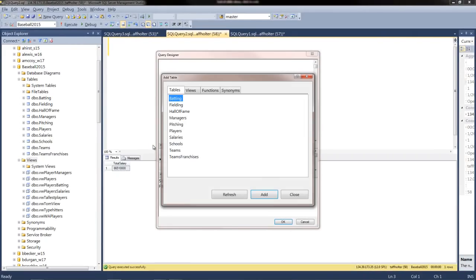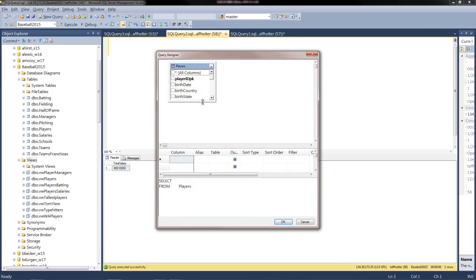Check this out. The select statements that you've been generating so far can be generated by a builder. So let's just do something simple. I'm going to do players. This is very similar to that view builder we just looked at, except it doesn't create a view, it creates a select by itself. I close this out now,